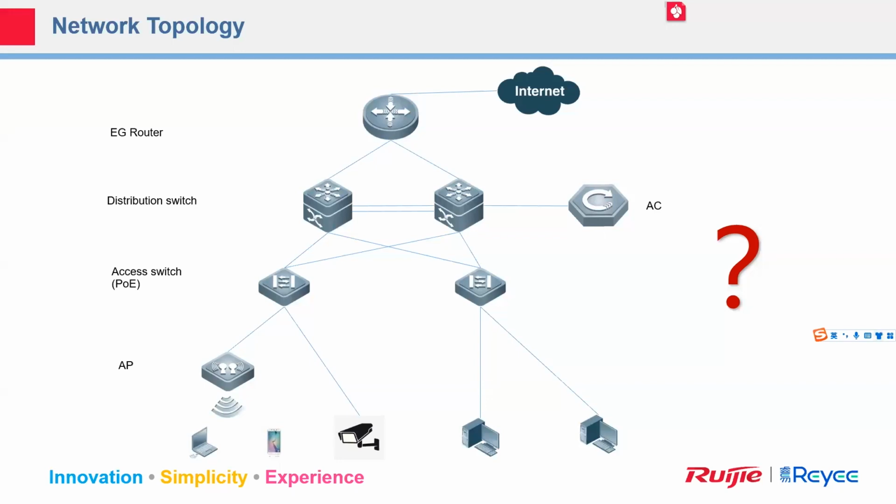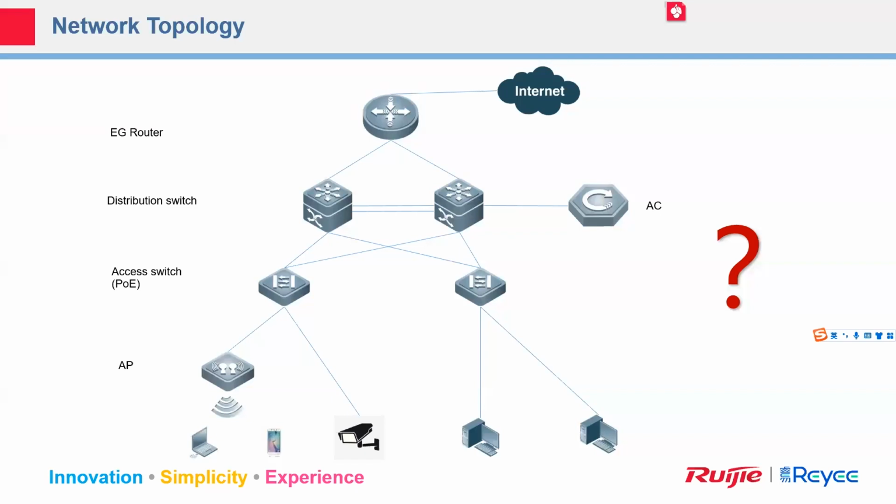And why I explain the topology for you at first, because all the technology we use is based on the topology. For example, between the distribution switches, maybe we will use some technology like VSU, and between different devices, we maybe will deploy VLAN, dynamic routing, something like this. So this is the topology. Later, I will explain some typical technologies for you based on the topology. This one, I think, is easy for you to understand, right?